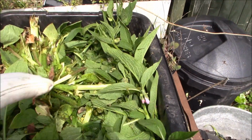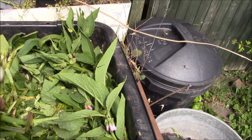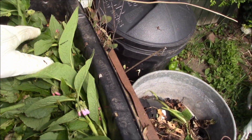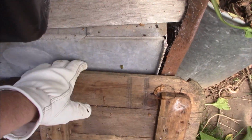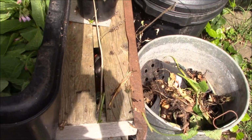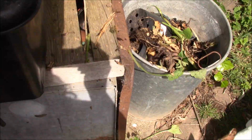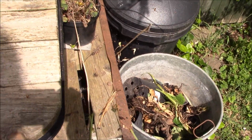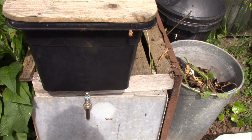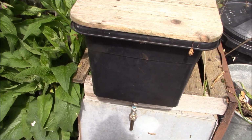Okay, so that's all the comfrey chopped up and put in. So all I've basically done is cut stuff at the ground, put it in here, and then chopped it up with the spade, so it all fits in the box. Now all I've got to do is weigh it down with the tile again, like that. So that'll just keep it compressed so it'll rot down properly, and then put the lid on, and then just leave that now for about 2 months or so, and then I'll be able to drain off the juice, which will make loads more fertilizer for the